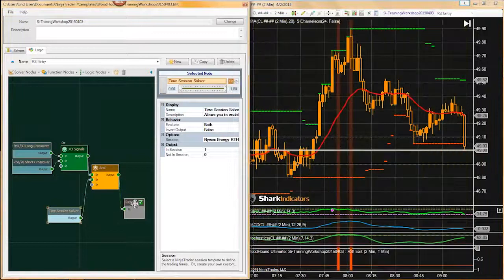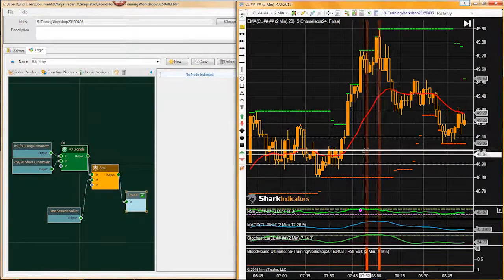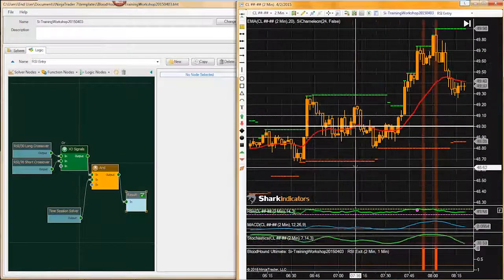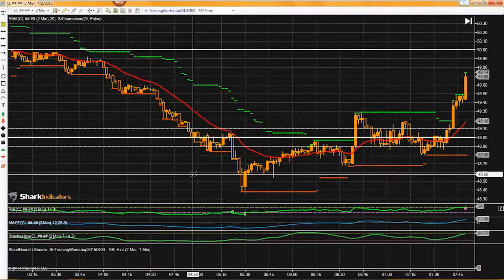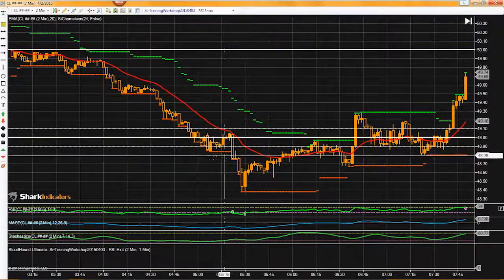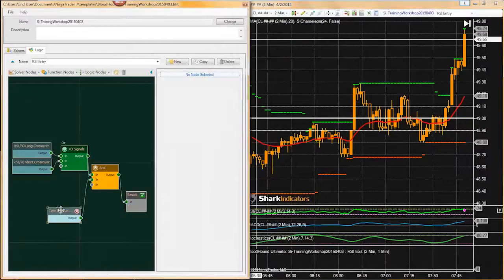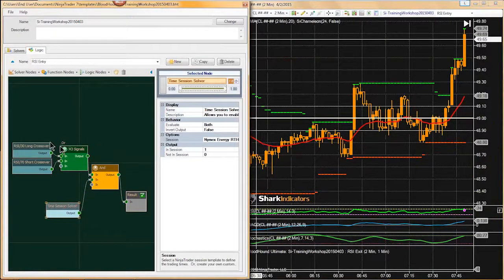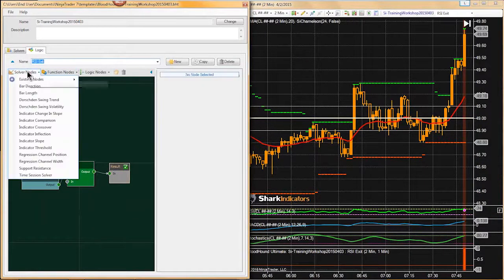Now let's take a look at our AND node. There we go. We got a couple of short signals around 5 o'clock, and those are not showing up anymore. So you can set a time session for your entry logic, and then for your exit logic,